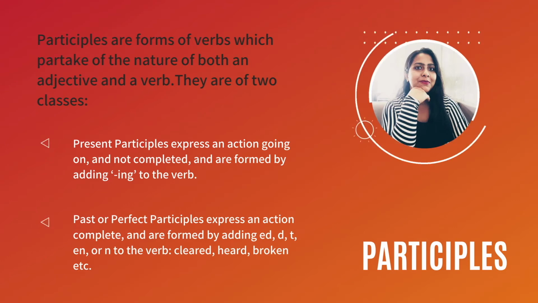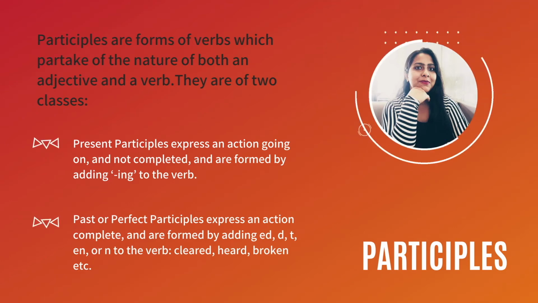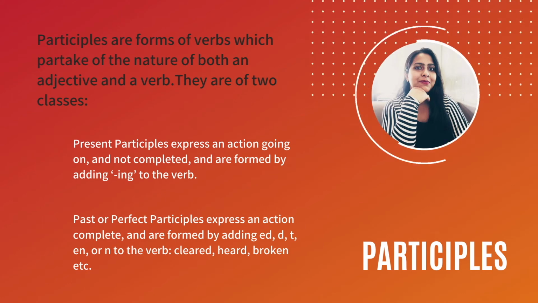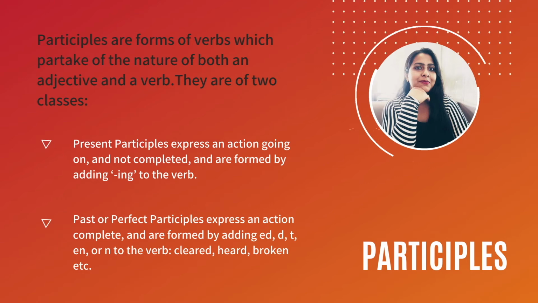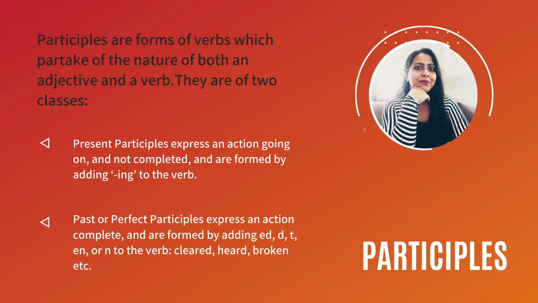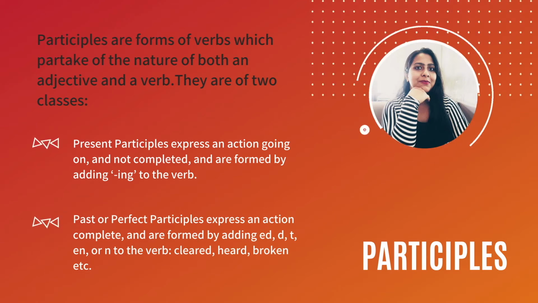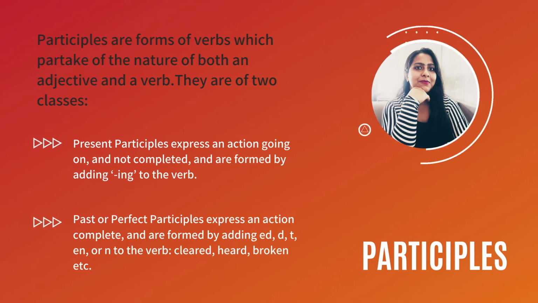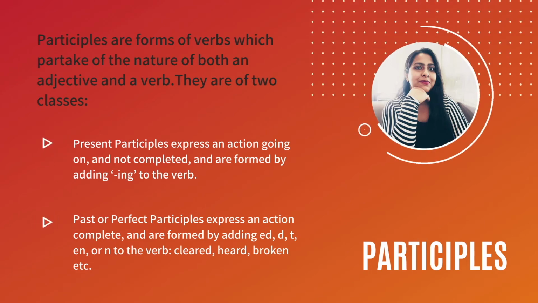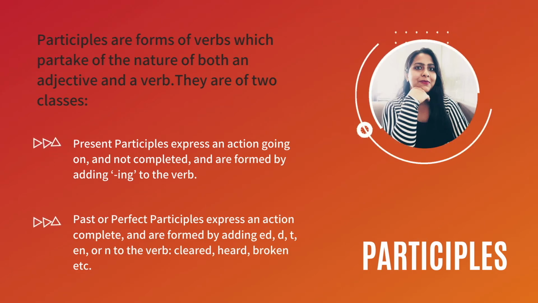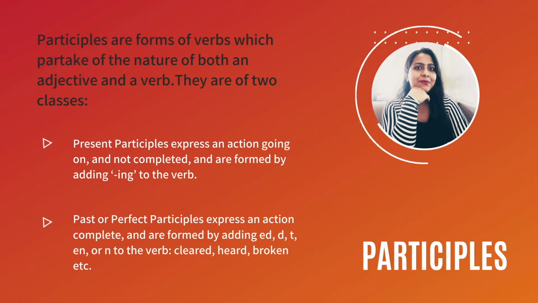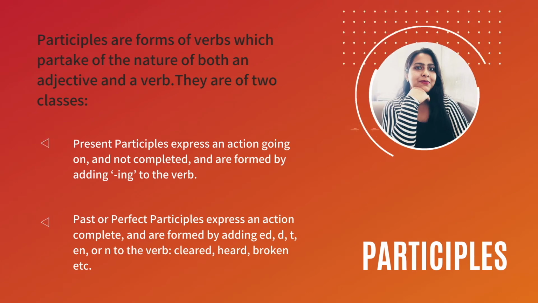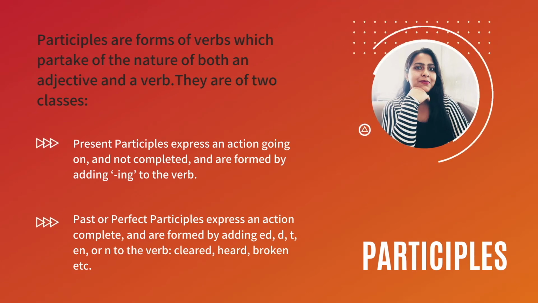This is the key to how you can recognize the present participle. The past or perfect participle expresses an action completed and is formed by adding certain endings. I have mentioned ed, d, t, en or n to the verb, like cleared, heard, learned, broken,